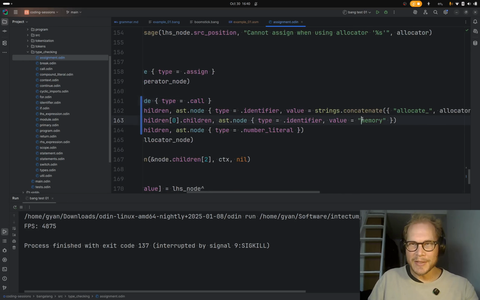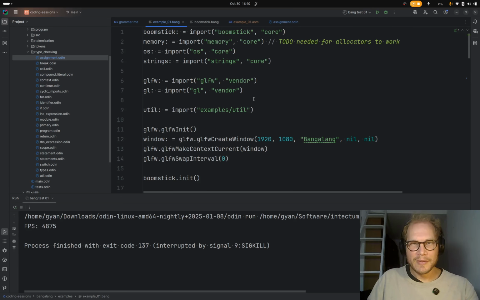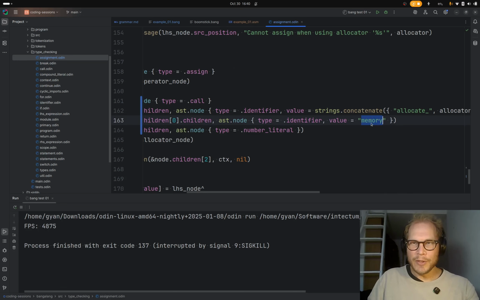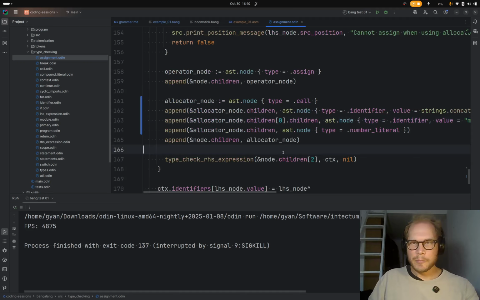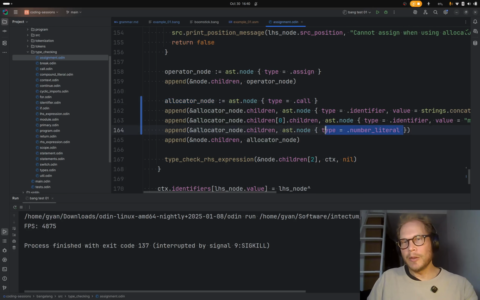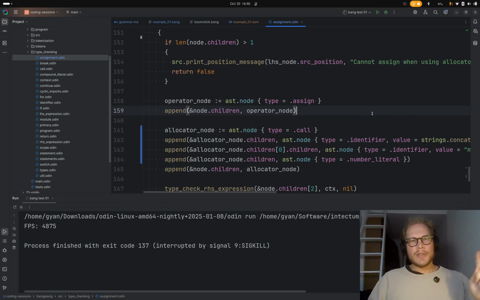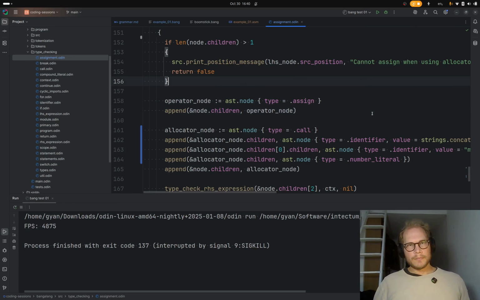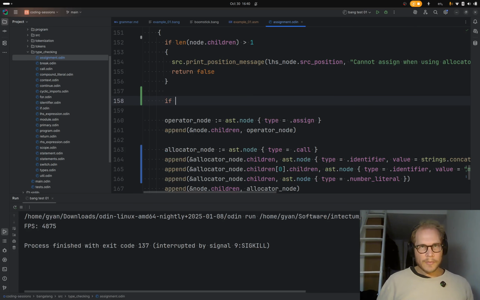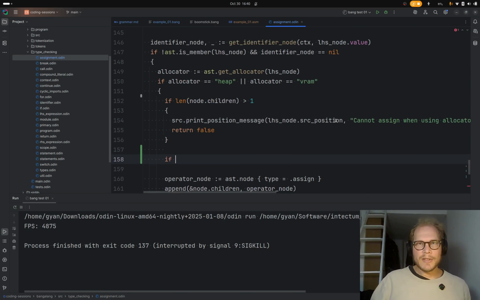This is a bit messy because it assumes that we have memory imported, which is why there's this here. If we don't have memory imported, then it'll say, I don't know what that module is. And then we say that the parameter to that allocator call is a number that we don't know yet. We figure that out in generation, but we'll get to that. So the first thing is, maybe even up here, I want to say if the thing we're allocating,